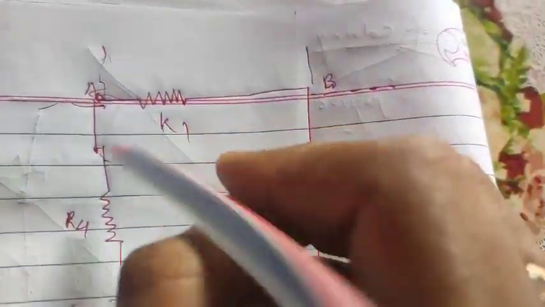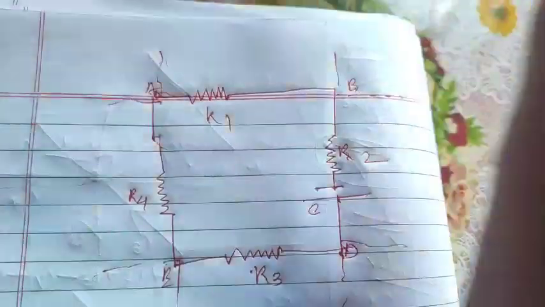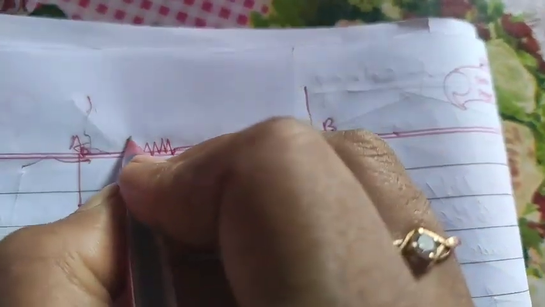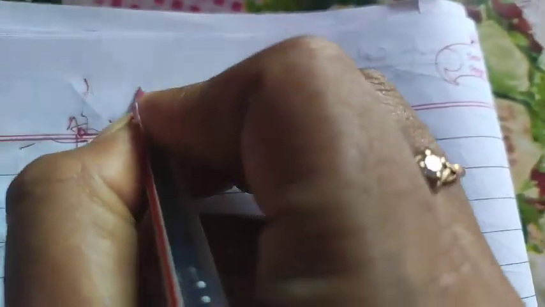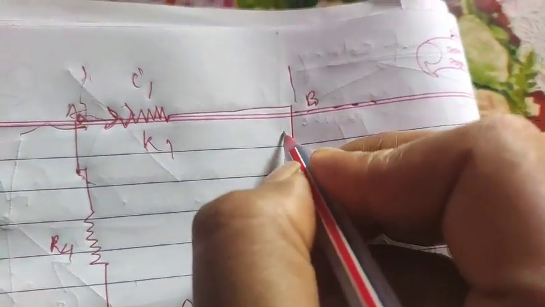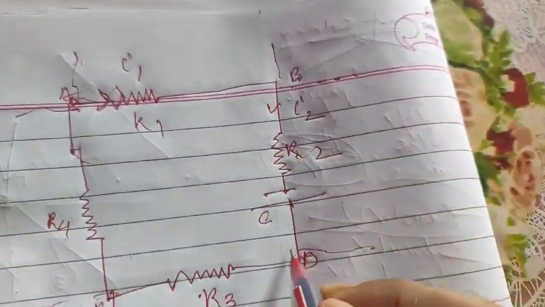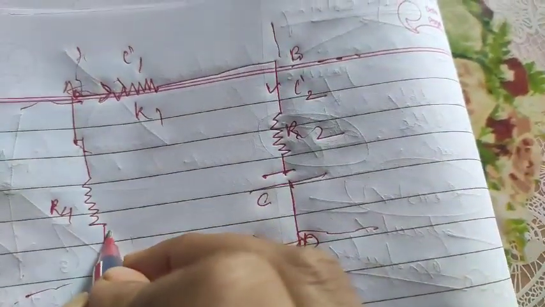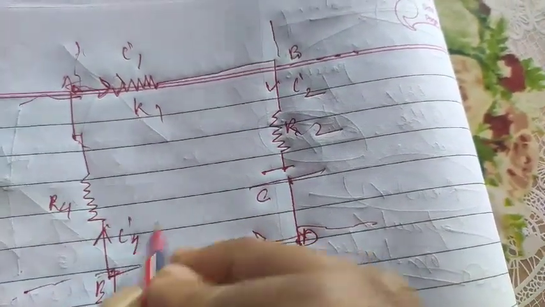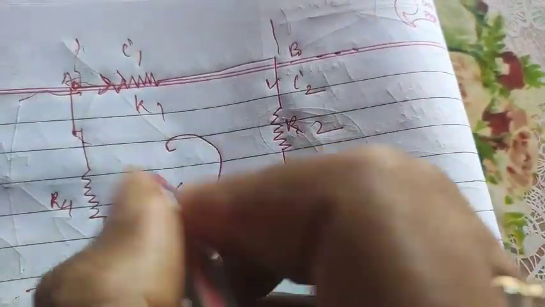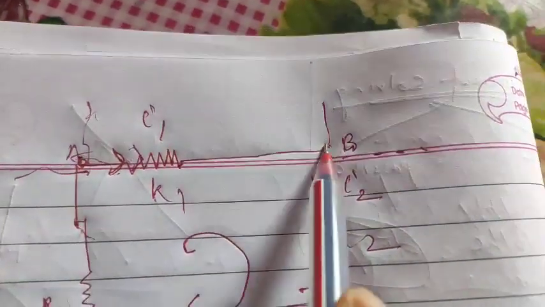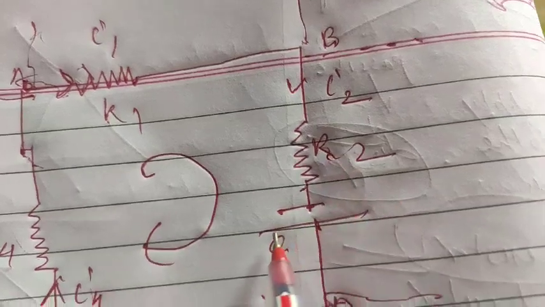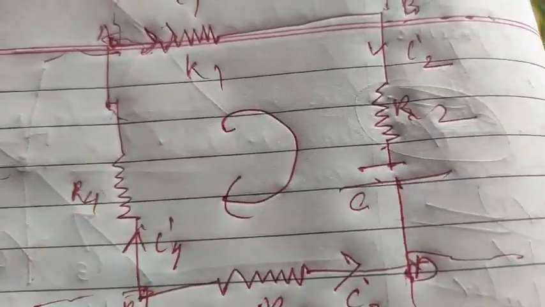Clear to you? Okay. Now we will show the direction, student, direction of current. Suppose this is here like this, I1, and here I2, and here I3, and here I4. Clear? This loop suppose going like this, means I will start my process from A to B, B to C, C to D, like this. Okay, like this I will move.